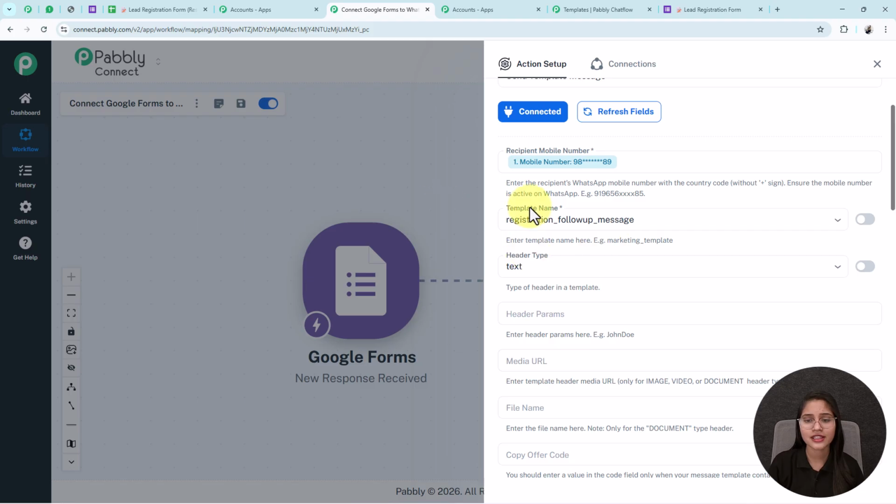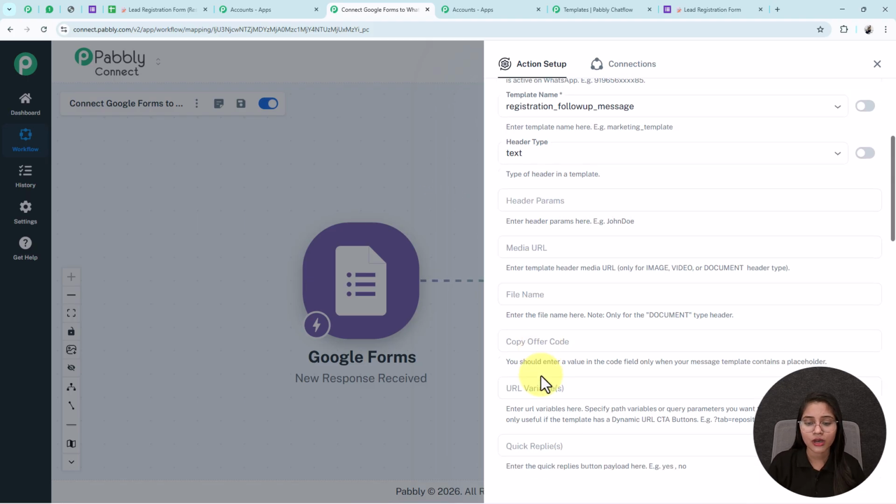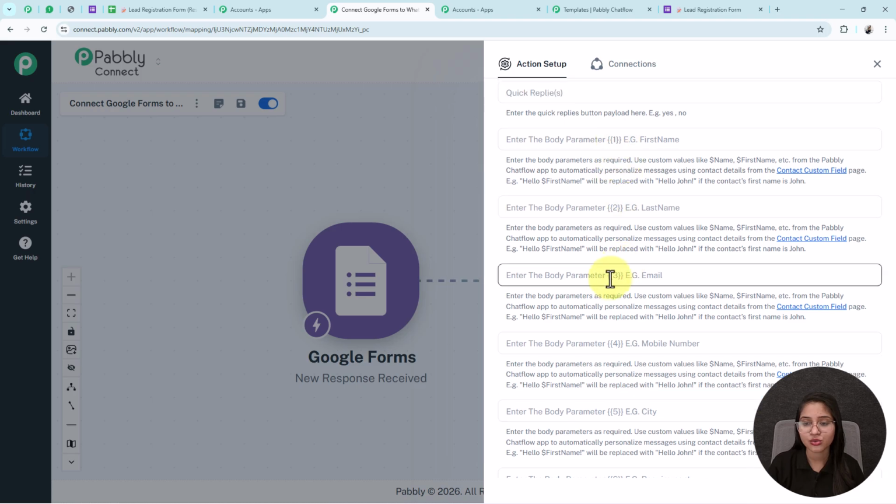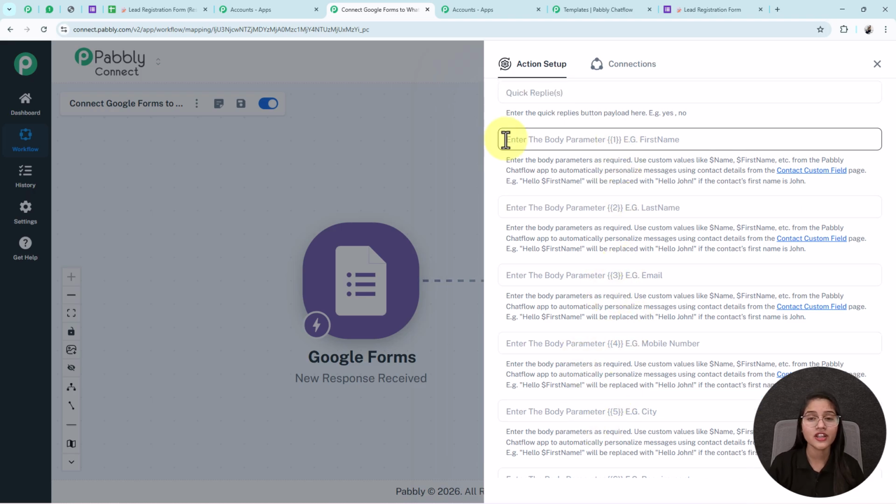Now here, after selecting the templates, as these are not required fields, I'm leaving these blank and directly coming to the variables fields as 1, 2, 3, 4 and 5. As you can see, all the variables that I have entered on the templates of each field are visible here. Now in each of these fields, I'm going to do the mapping of the response that I have received